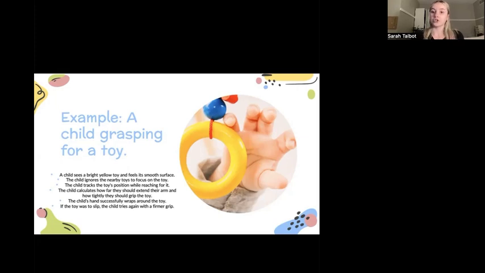The child then tracks the toy's position while reaching for it. This is the working memory, and it will store and organize the details of the object's location and properties to help with motor planning. The child will then calculate how far they should extend their arm and how tightly they should grip the toy, and this would be the motor planning as it prepares the reaching and grasping motion by coordinating the appropriate muscles. The child's hand successfully wraps around the toy, and this is the motor execution as it executes the movement based